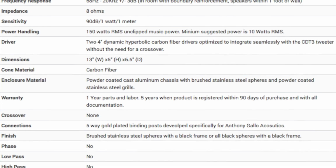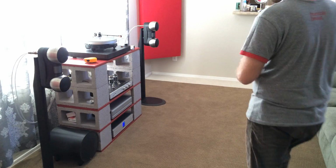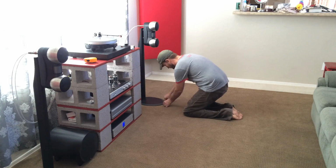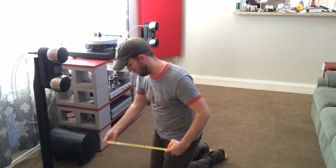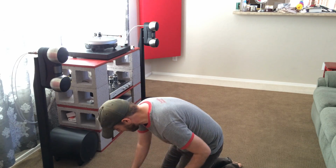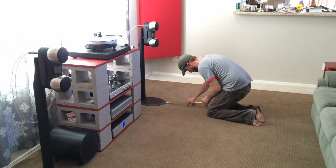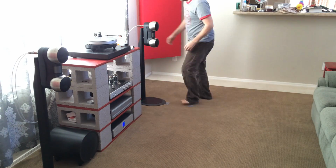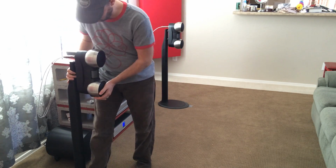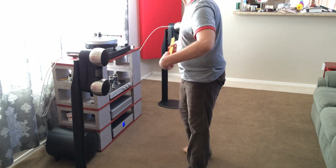So if you're looking for a full-range solution, I'm sorry, but a subwoofer is going to be required. Soundstage on the Strada is without a doubt its playground, and I can't explain it well enough to do them justice. While having them back against a wall within about a foot will give good results, I found that bringing them further into the room and toeing them in just a little bit gave way to a totally different listening experience. Holographic, three-dimensional, and imaging that most speakers would kill for are the way that I would describe the sound of